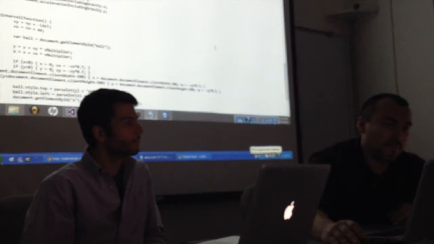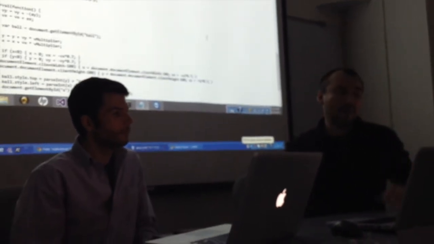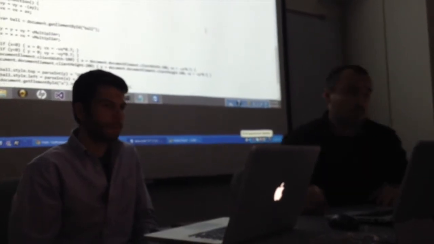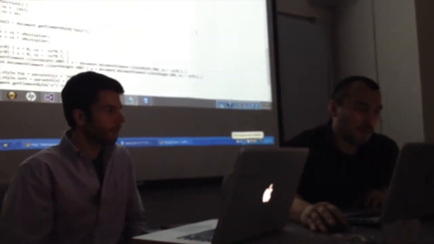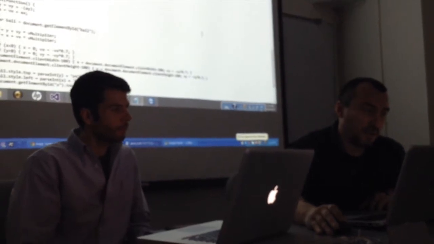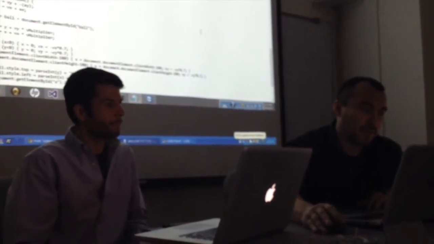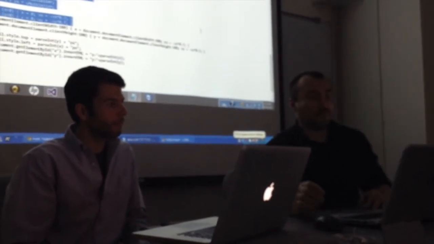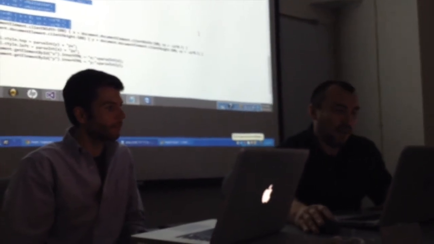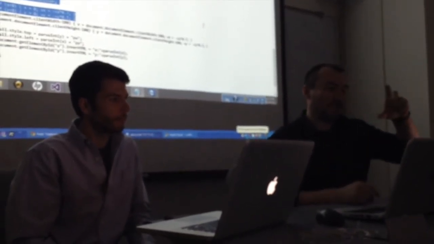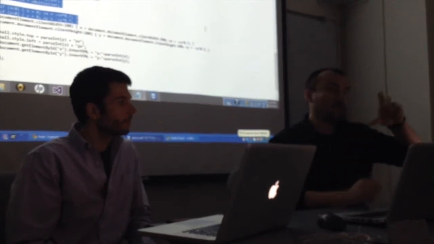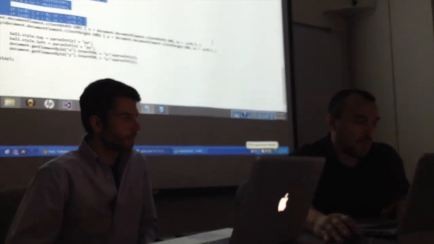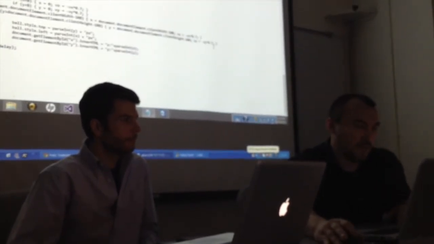If the device we are connecting from supports this event, we just grab the acceleration and the velocity, and with some functions we calculate the top left, the distance from the respective element to the top of the window and to the left of the window, and we do it using this formula here, and